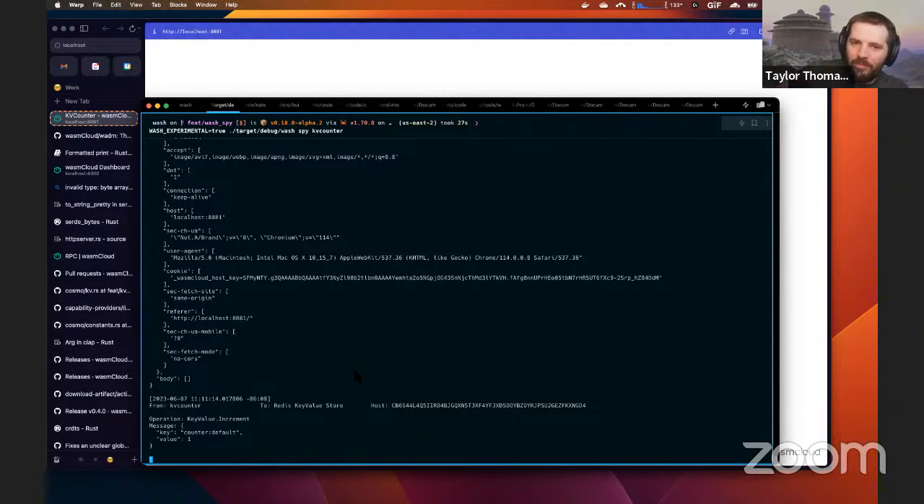Okay, so our TinyGo actors will work fine with this as well. This is not Rust specific in the sense that your actor has to be in Rust. This is purely